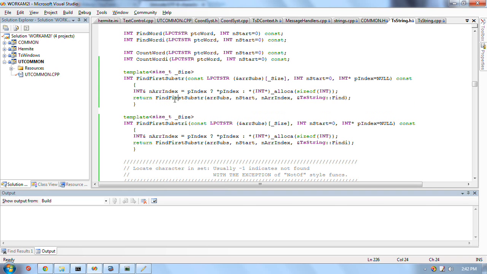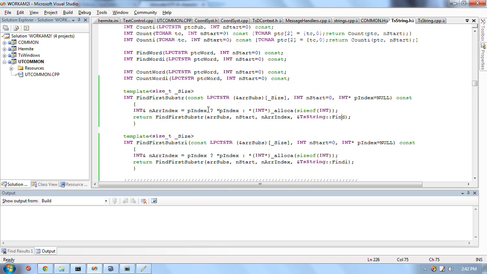Well, the work's being done in a similarly named function, FindFirstSubstr, which is a private function which takes an array of this many elements, a starting index, an array index reference to return the index of the found object if it finds one, found substring, and a comparison function for the